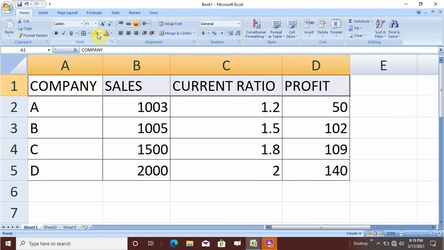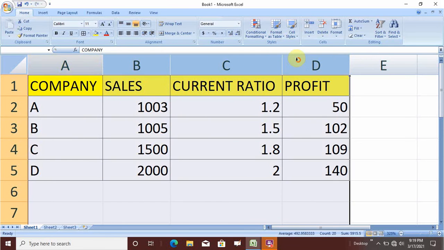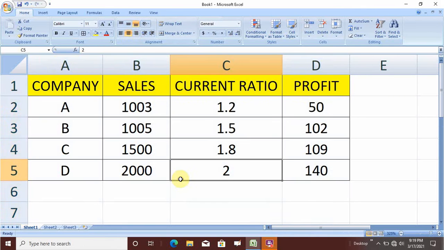Once you understand the VLOOKUP concept, it will dramatically reduce your data analysis time and your search function will also improve. So let us use VLOOKUP. If somebody asks you what the sales of company A are, from this small set of data it is very easy to find the sales of A, B, C, or the current ratio, or the profit.